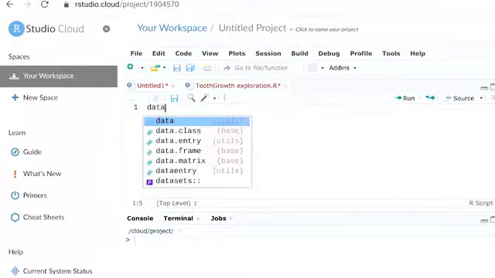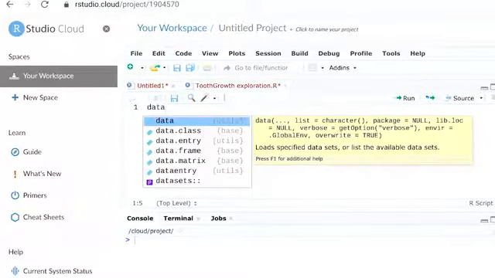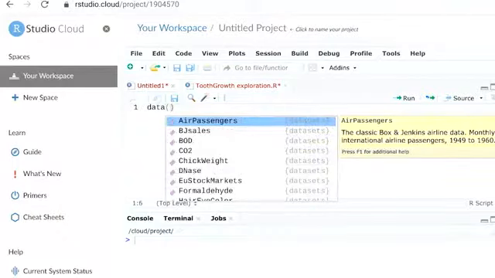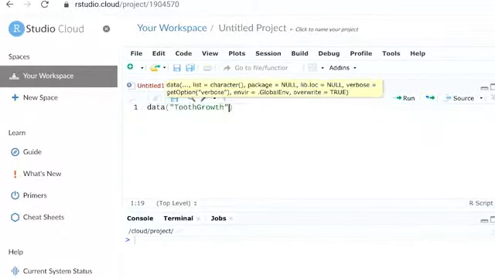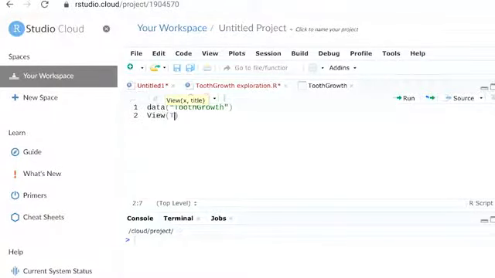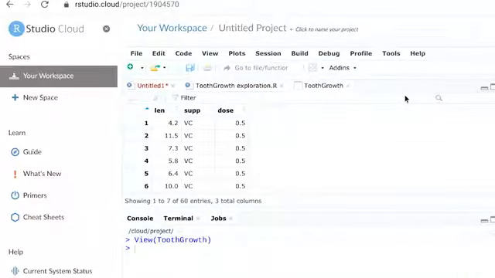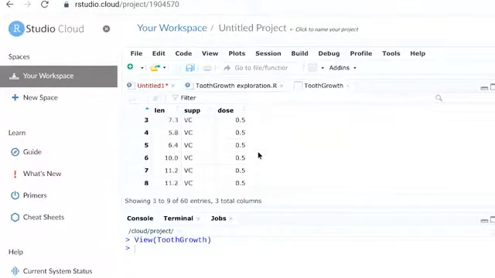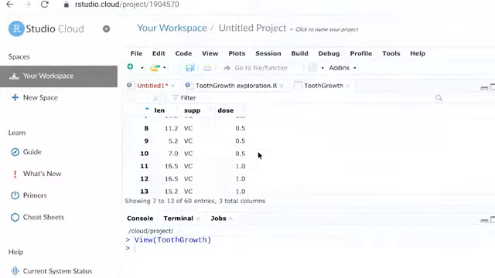To load any dataset already installed, we use the data function. We then add the name of the dataset, tooth growth. Now that the data is loaded, we can check it out with the view function. Notice how view begins with the capital V. It's a good reminder that functions and variables are case-sensitive in R. In a script, we use the Run button to run our code. The return usually shows up in the console, but with View, a new tab appears in the script showing the